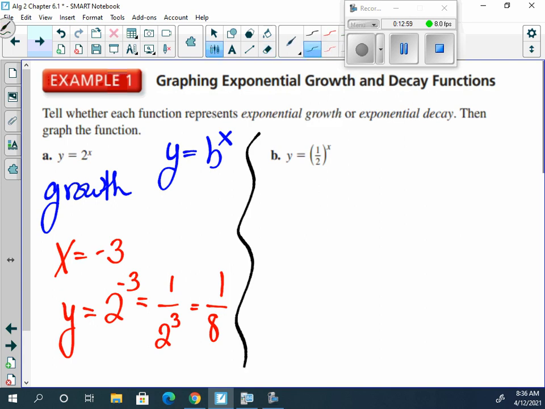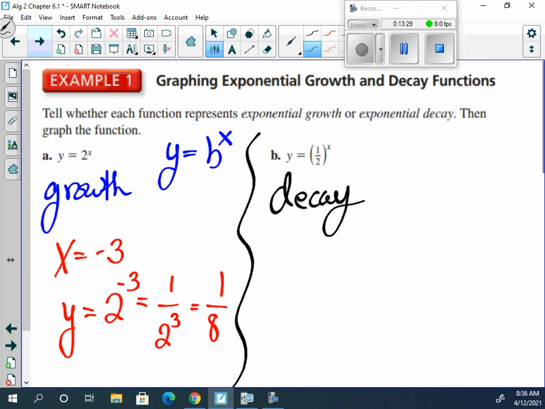Yes. Let's look at the next one. y equals 1/2 to the x. Will this represent exponential growth or exponential decay? Because? Our value of b is less than 1 but greater than 0. So this here would be